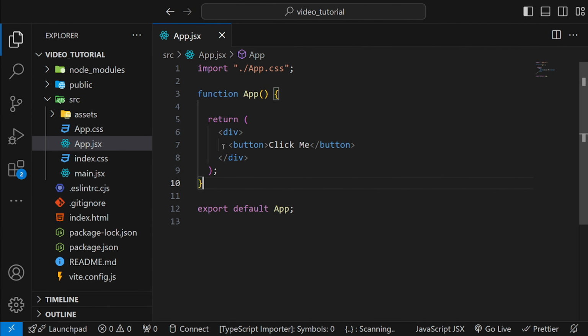Of course guys, we will cover other events also, but we need to cover a few more React concepts to cover other events. With that said, let's deep dive into the onClick event in React. In this project I have a very simple setup, and in my app functional component there's just